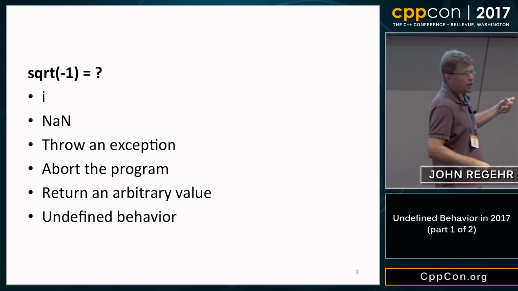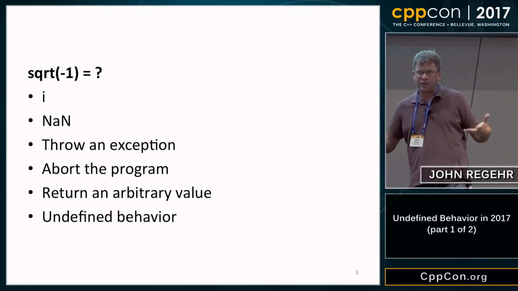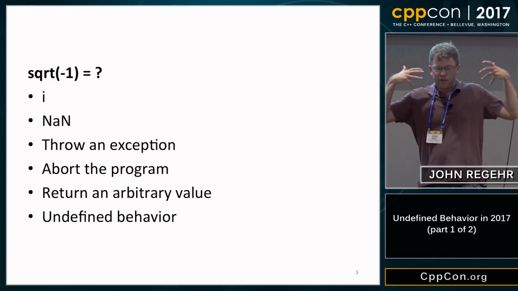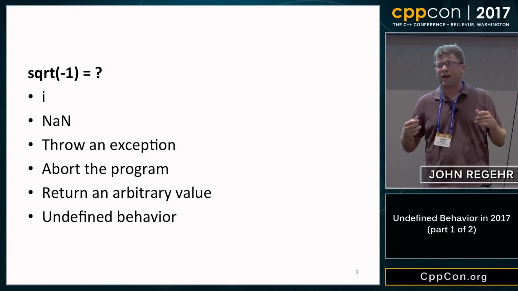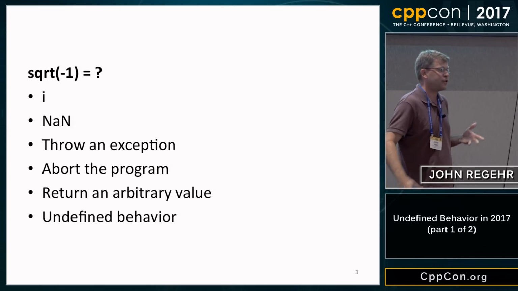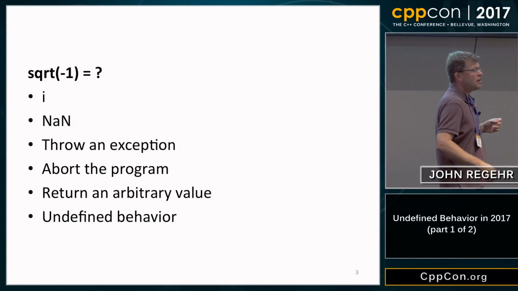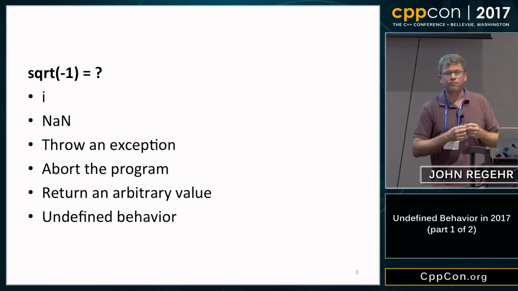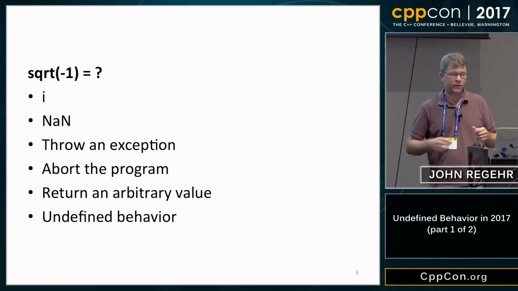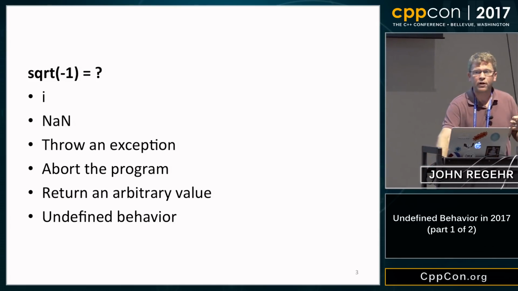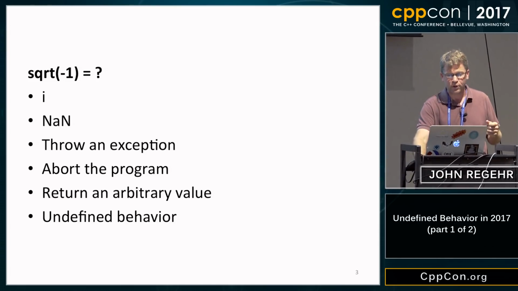And the different choices have a lot of effect on our programming system, whether we return an in-band error or an out-of-band error, whether we have a language with exceptions, whether we have complex numbers. These are pretty big decisions, and getting these right is hard. It's these global design decisions that make designing programming languages and programming systems such a challenging thing. So you can see that on the bottom, one of the possible choices for this is undefined